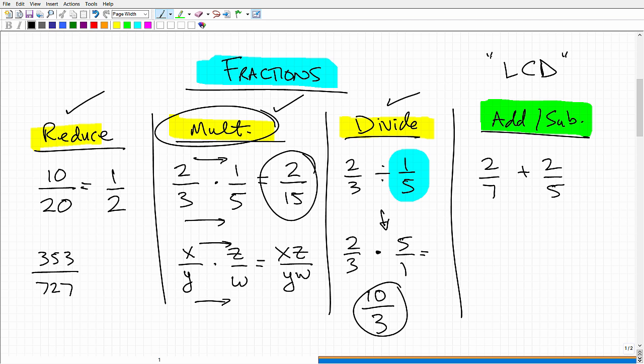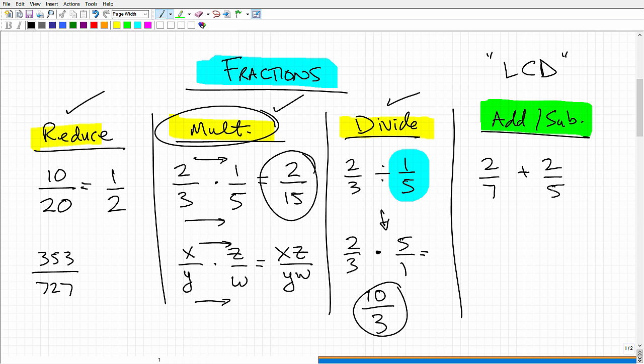Now, if you know how to do that, that's great, but don't leave the video yet, because what I'm going to share with you comes in very substantially when we're dealing with variables. Okay, so in algebra, you're dealing with fractions, but oftentimes those fractions have variables in them. So, you know, you're going to have to understand this step anyways. So here,